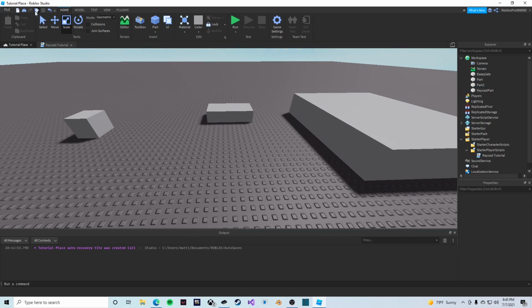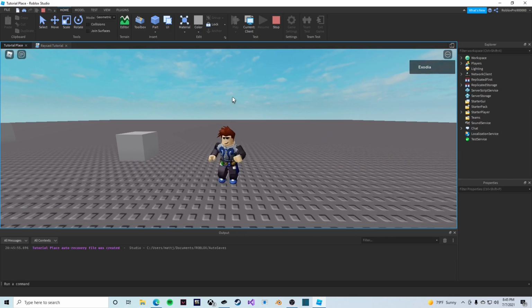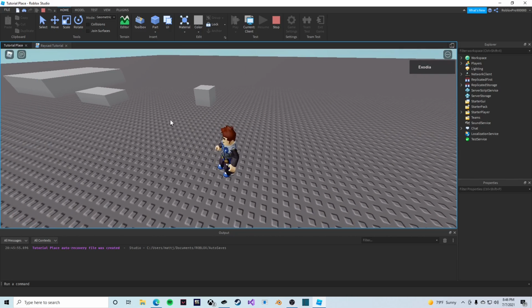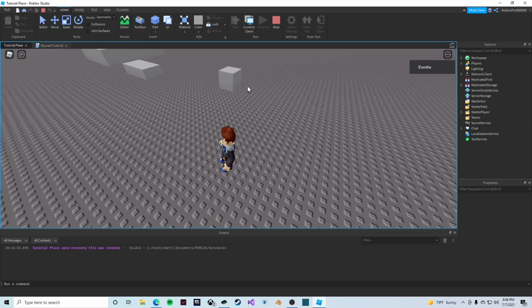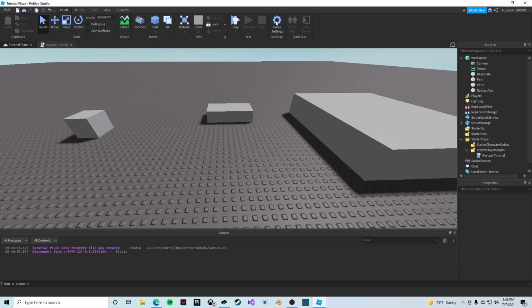So yeah, now we'll test this out. And so if we click here, nothing happens. But if we click on the base plate, nothing also happens. To fix that,